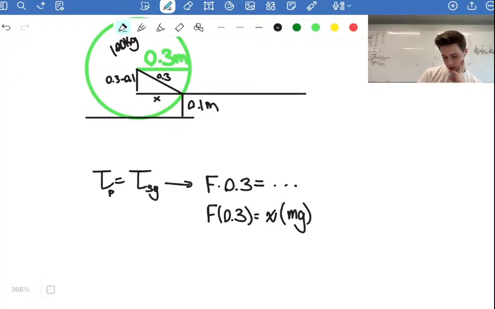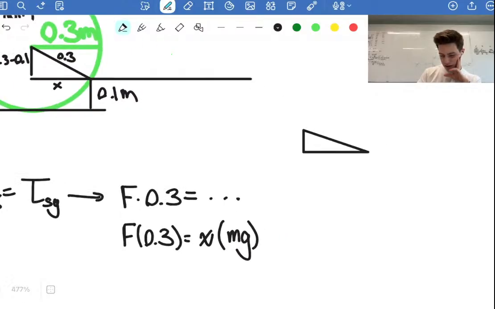Now we solve for x, and your triangle is set up like this: 0.3, 0.2. And our final side, if we do Pythagorean theorem, is going to be 0.224